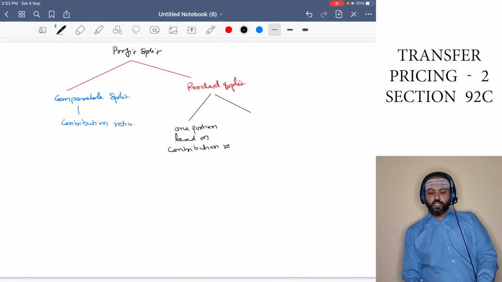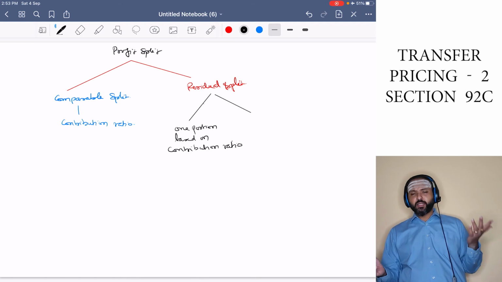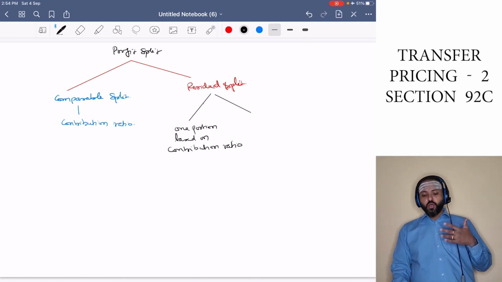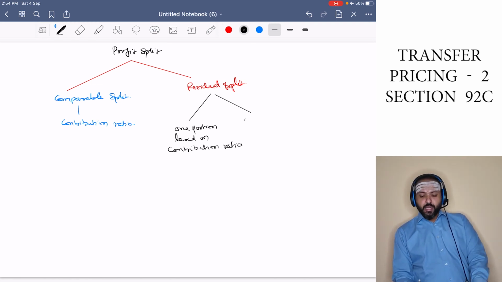What is contribution ratio? 50 to 30 to 20. That is in this example. It can be anything for that matter. It can be anything that will be decided between the co-ventures. So one portion will be split based on the contribution ratio, and then the residual portion